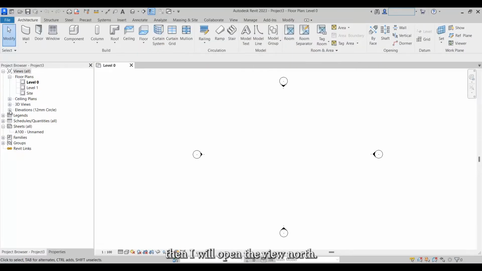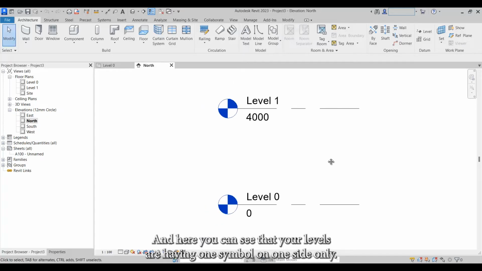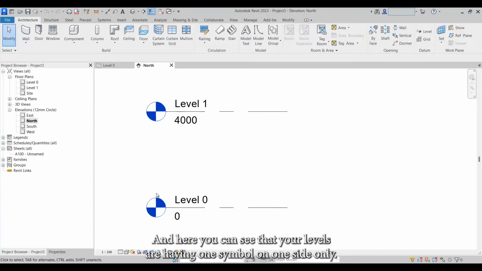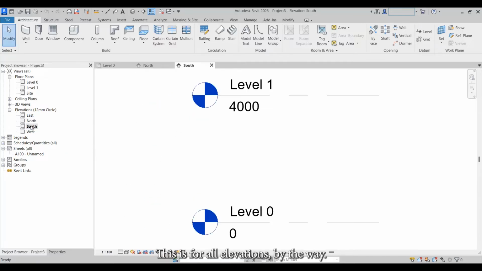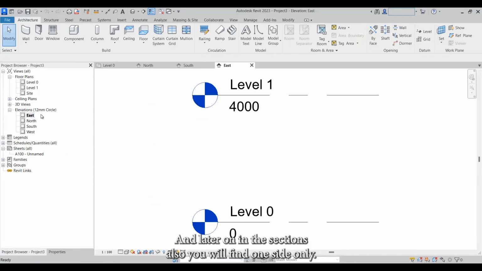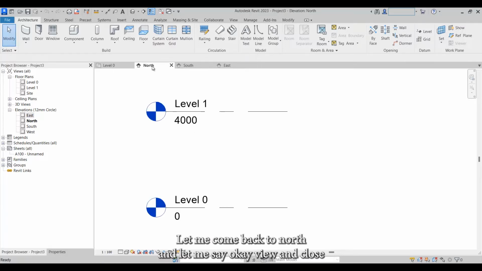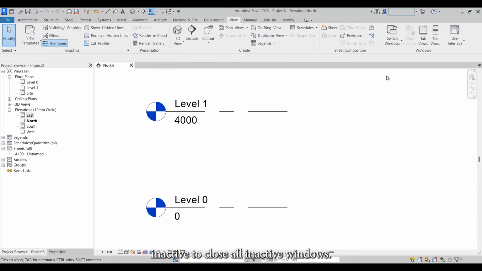Then I will open the view north. And here you can see that your levels are having one symbol on one side only. This is for all elevations, by the way, and later on in the sections also you will find one side only. Let me come back to north and let me say OK, view, and close inactive to close all inactive